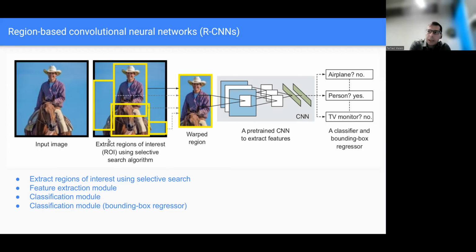So that's correct, selective search is slow. That's one downside, but there is an even more significant one.